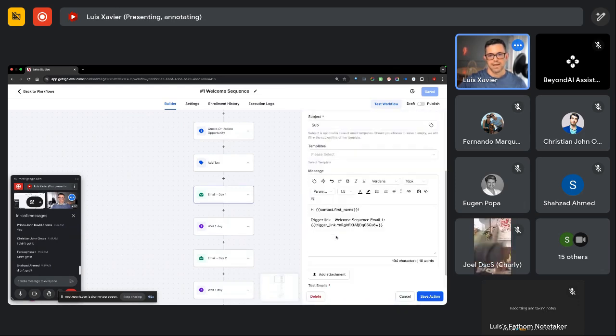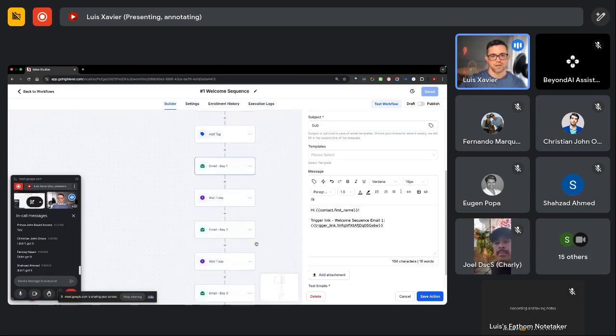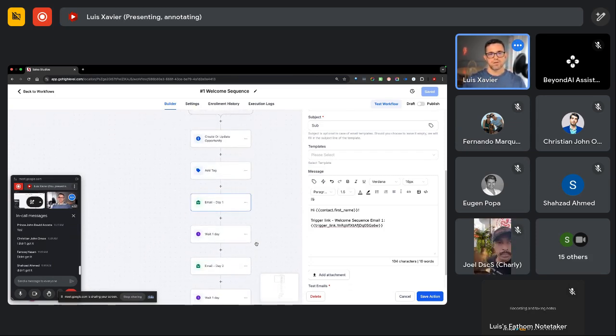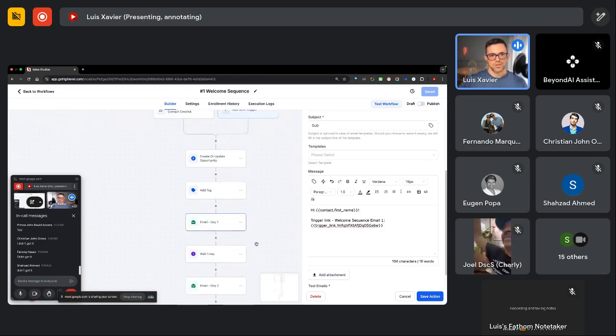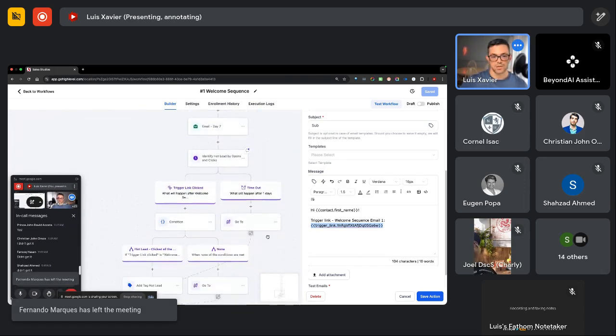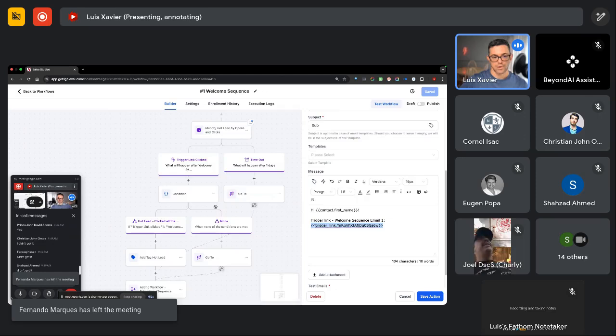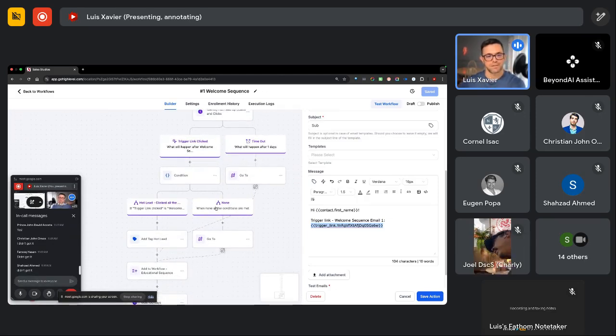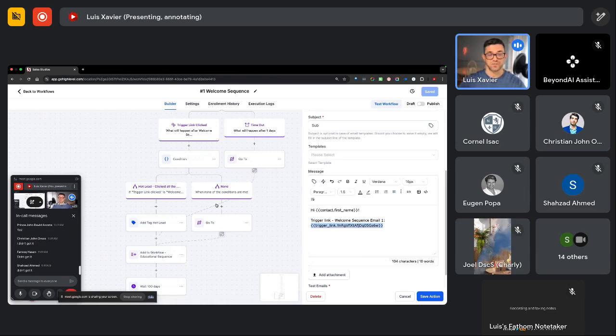Alrighty. And don't worry much about the trigger links. What I've done here, and there are lots of different ways to do it, is I created an automation that if the person opens all the emails in this sequence and clicks on all the trigger links, they will be considered a hot lead. Okay. And this is really cool because then you know the people that are hot leads and you can treat them differently. But there are lots and lots of different ways to do it.